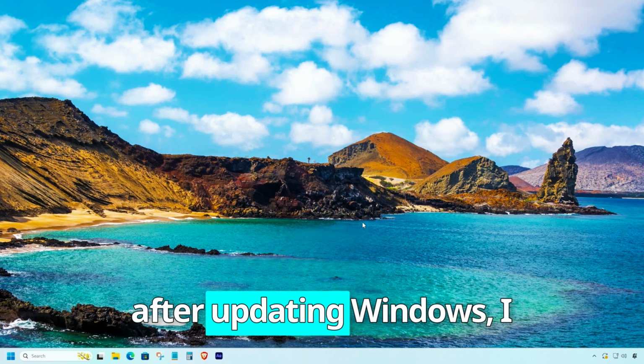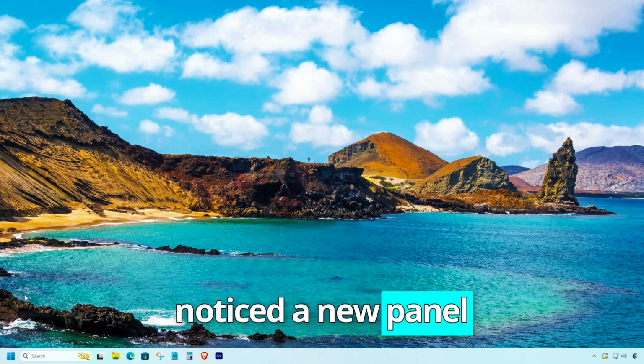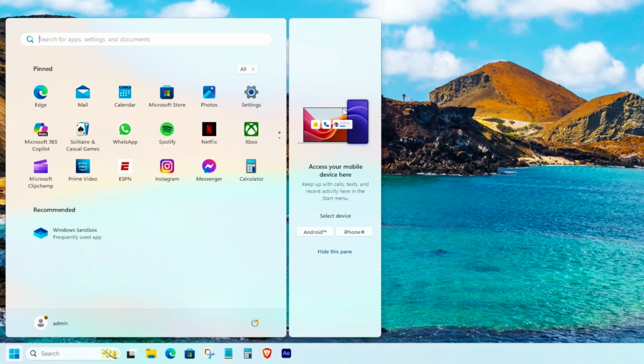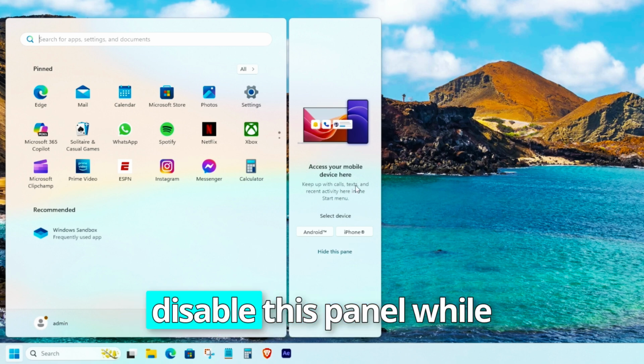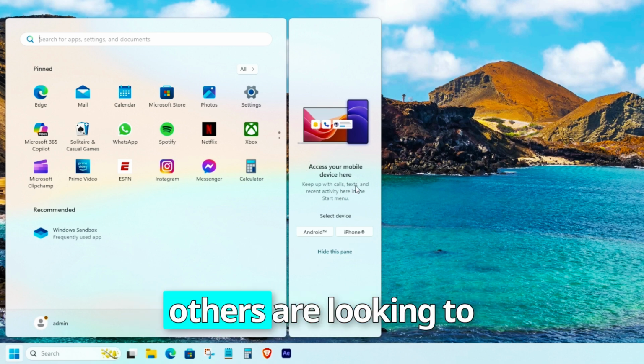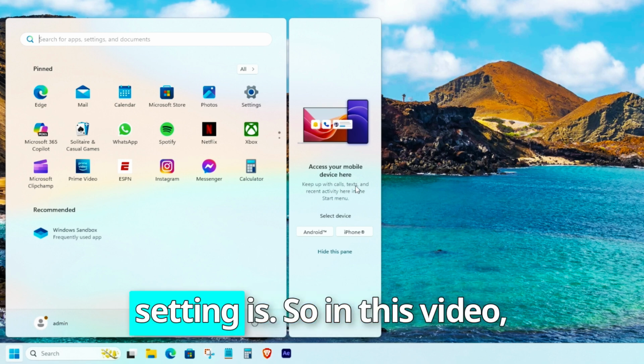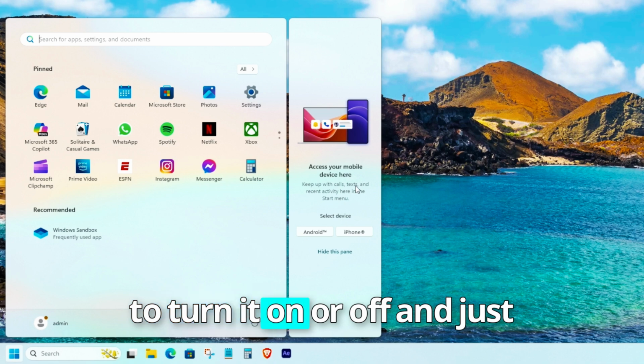Right after updating Windows, I noticed a new panel labeled Mobile Devices appeared in the Start menu. Now, many users want to disable this panel, while others are looking to enable it, but most can't figure out where the setting is. So in this video, I'll show you exactly how to turn it on or off in